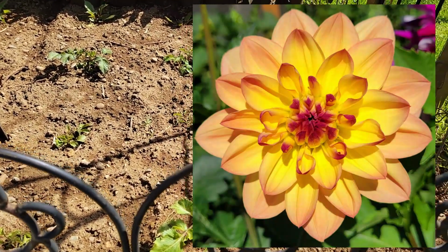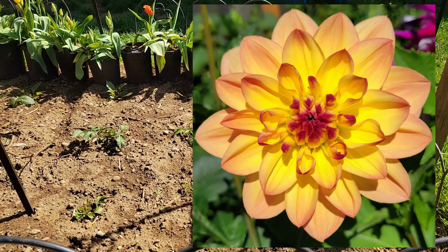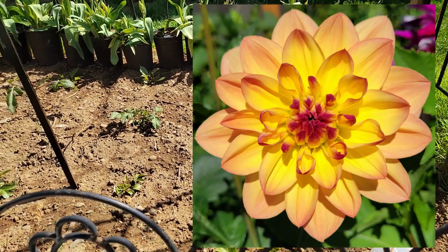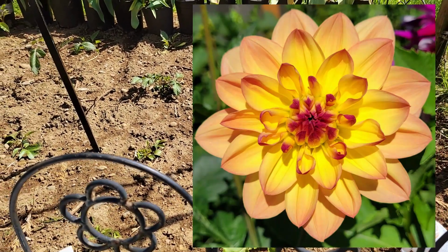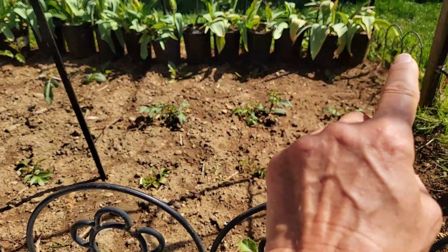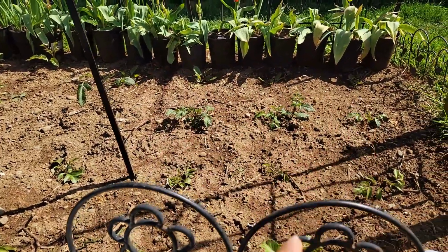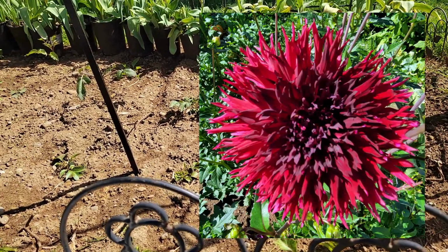It's got 5-inch wide diameter blossoms. It's a water lily dahlia and grows 5 feet tall. It's quite beautiful. It works beautifully in bouquets just as little accent flowers. And the back row, I have the first 5 here are Kenora Mac B, another one of my favorite red